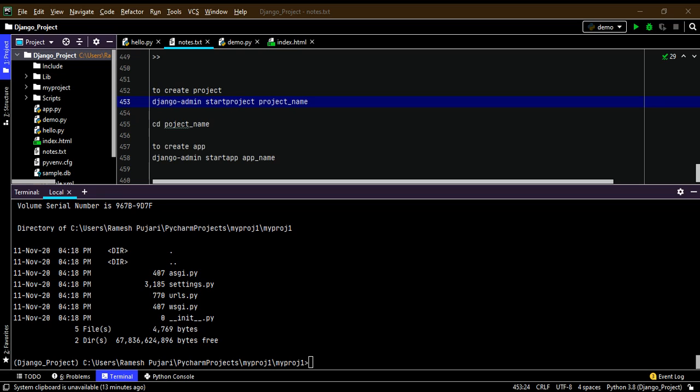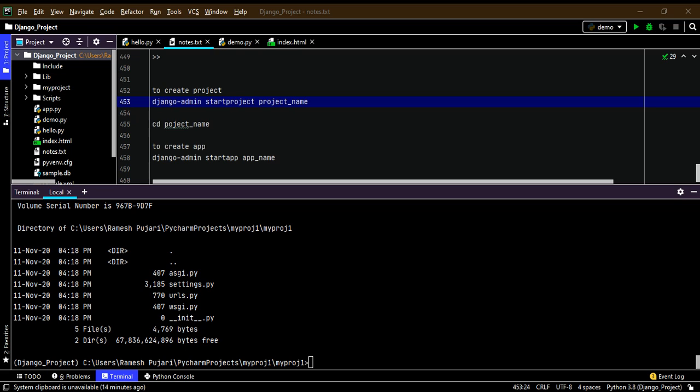And next we have the urls.py file. The URL file contains the URLs for the applications. When you visit any application, you provide something like login slash admin slash username. That is the URL. It indicates that I want to open a particular page in this application, so in this file we can mention the corresponding URL.